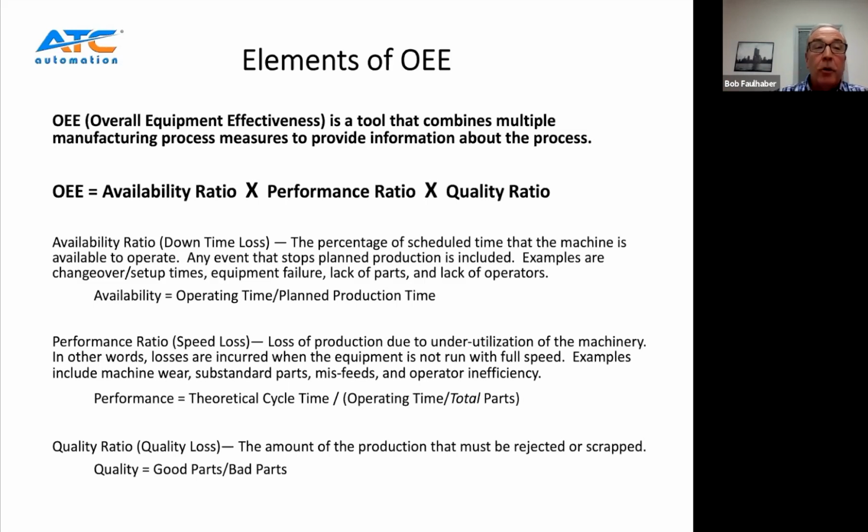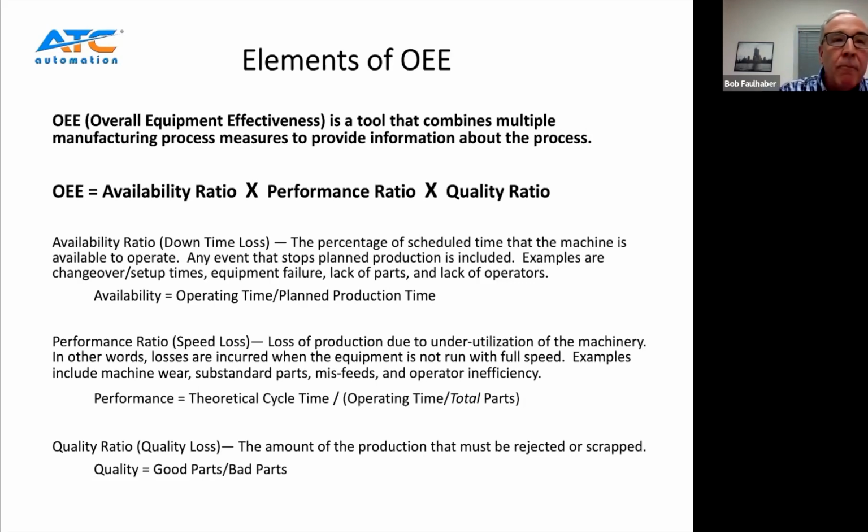And then another important effect on speed would be operator inefficiency. If the pace of this piece of equipment is governed by the operator, for instance, an operator is placing parts in a nest and then engages the machine to cycle, if that individual is learning the job for the first time, or for whatever reason is not as efficient, then that will also slow down the machine. So that's an assignable cause of the speed loss of the equipment.